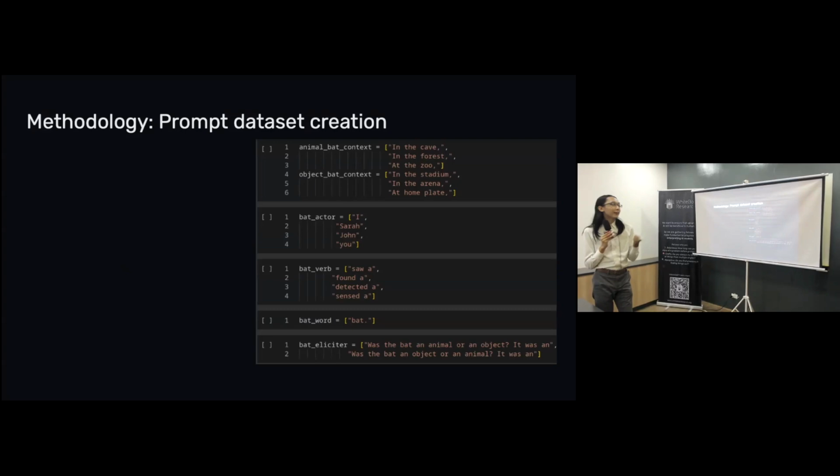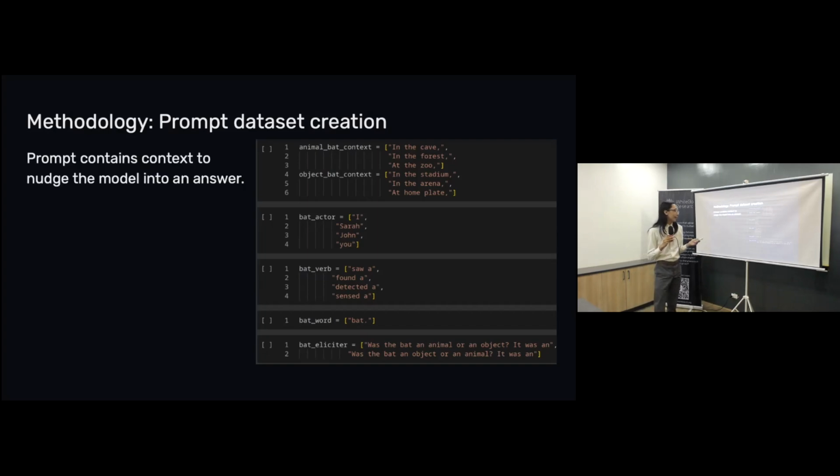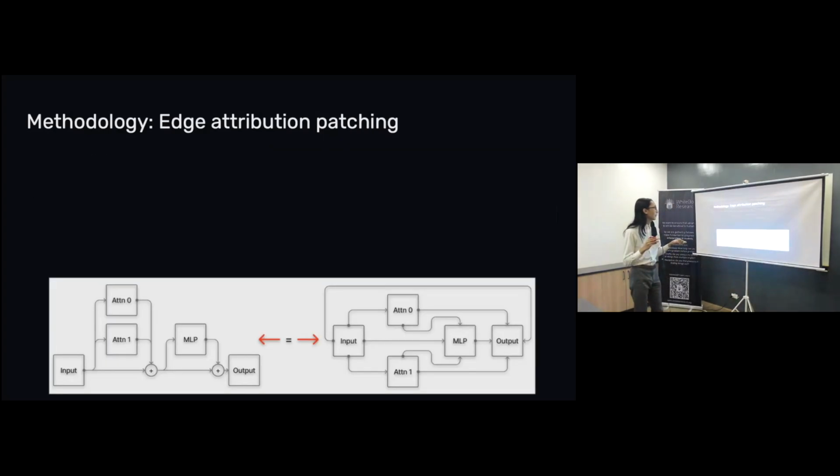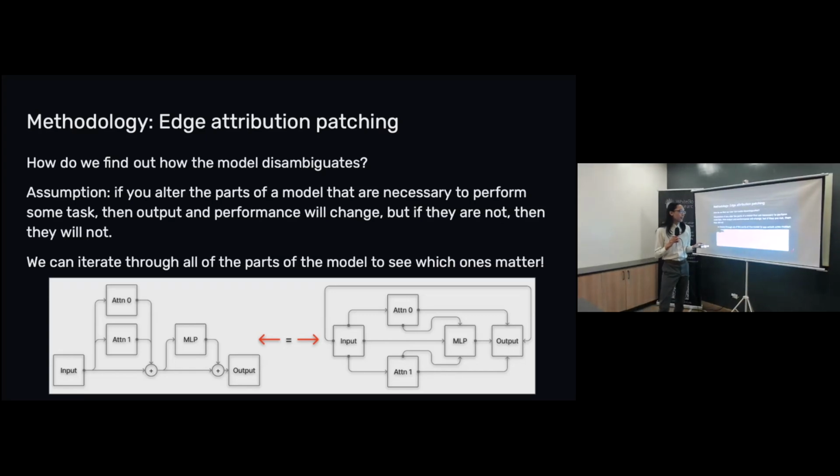And then I wanted to create the prompt data set. So the mechanism by which this works is you have 2 prompts that differ in some value, or they differ in the task that you want it to do. Then you run the model on the prompt for each one, and then you measure what changes.